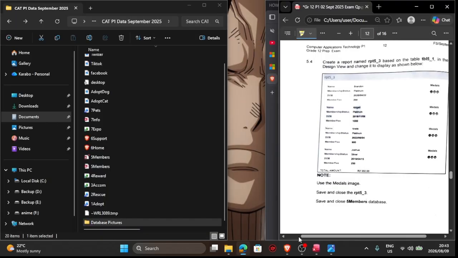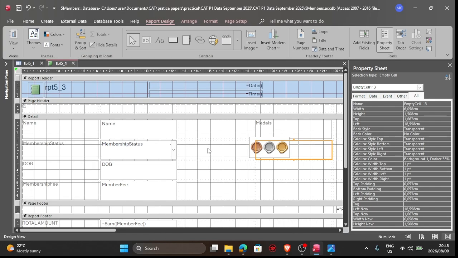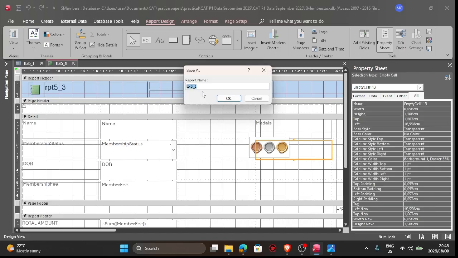I go back to our design view. Everything's looking good. Then we just save that. We give it the name that we are supposed to give it. Since we already wrote it over here, it's easy for us to remember. So it's RPT5